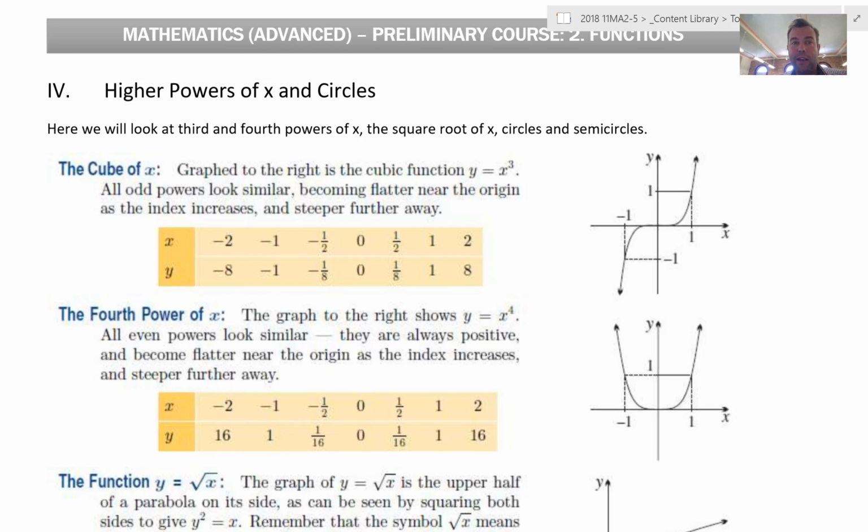Year 11, we're back here again. We are looking at some other graphs now. We've looked at straight lines, we've looked at quadratics or parabolas. We want to look at some special cases here. Now, to some extent, you've only got to remember some particular versions of these because they do get a bit